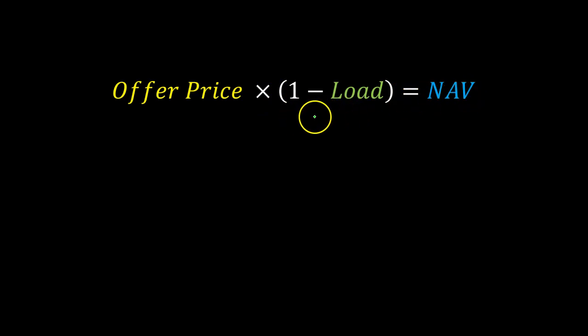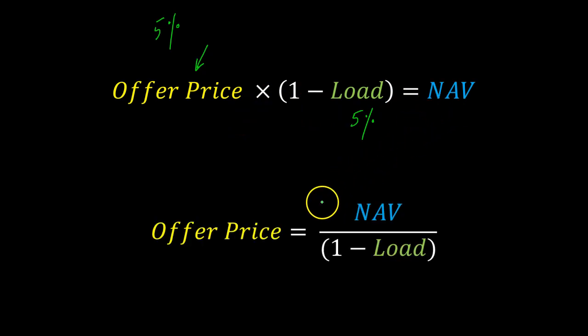What this equation is essentially saying is that when you go out there and buy shares from a mutual fund, this offer price already includes in it a certain sales charge. So let's suppose that sales charge is 5%. This is another word for load. So then 5% of this is going to go to your mutual fund manager, which means that 1 minus 5%, in other words, just 95% of this offer price is essentially the worth of the underlying shares in the mutual fund. And so conversely, you can also say that offer price is therefore the net asset value divided by 1 minus the load, where again, the load is essentially a sales charge like 5%.